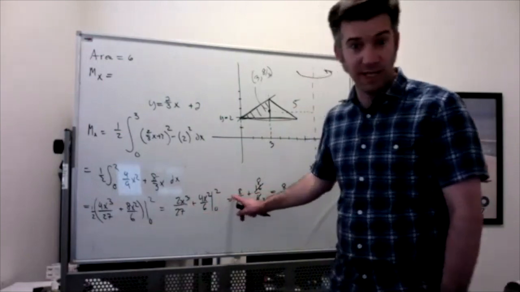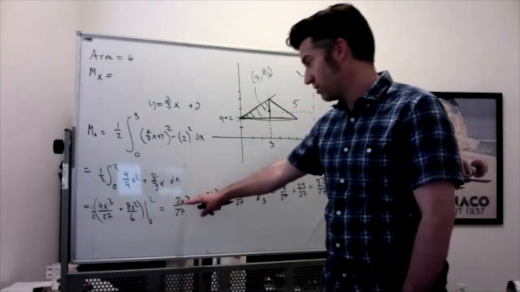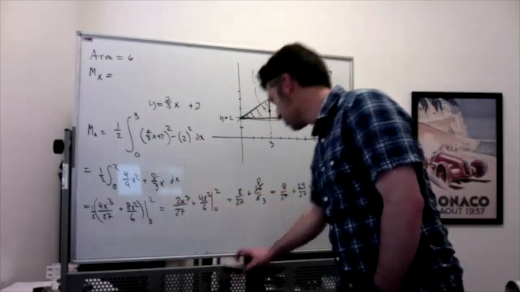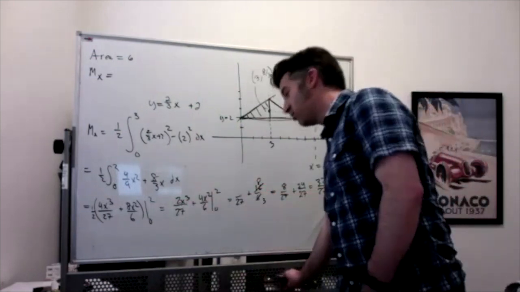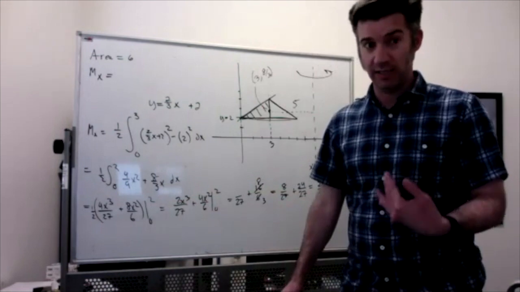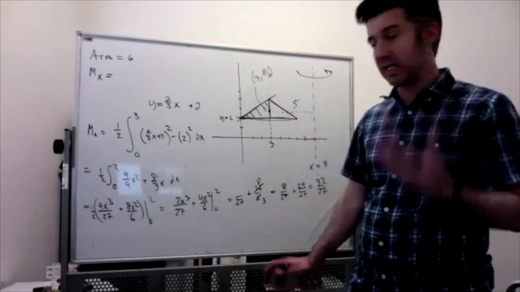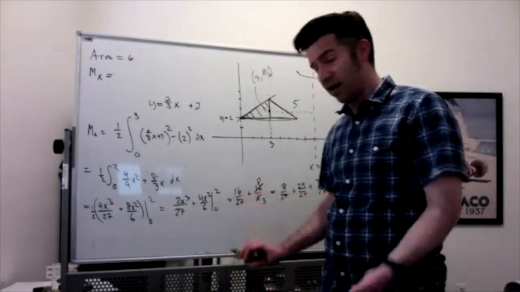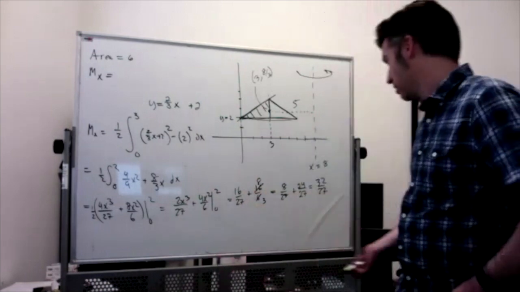Oh, I did make a mistake. 2 times 2 cubed is 16. So this is an example of why it's good to have maybe expectations about what things should be. I already had an idea of what I thought this should be, and when it didn't come out that way, I was like, I should maybe go back and look. So this is really